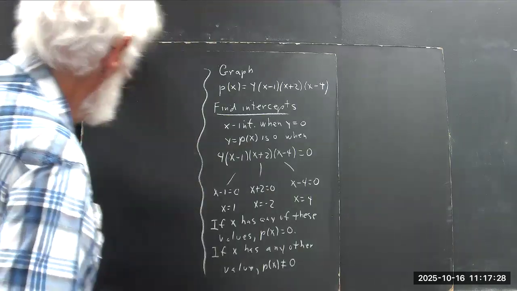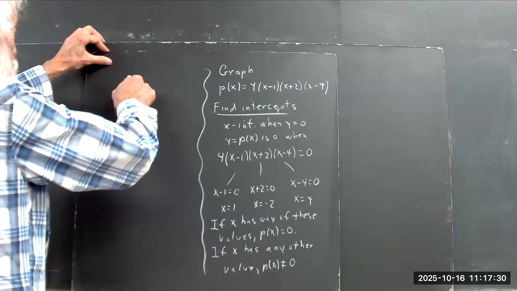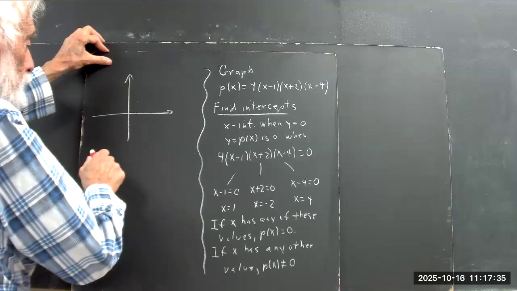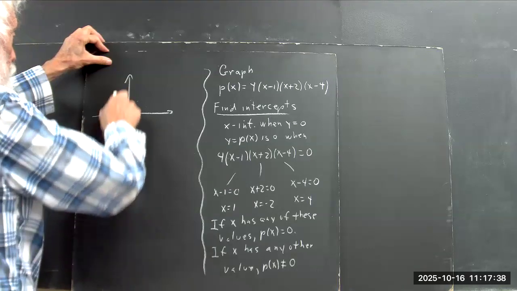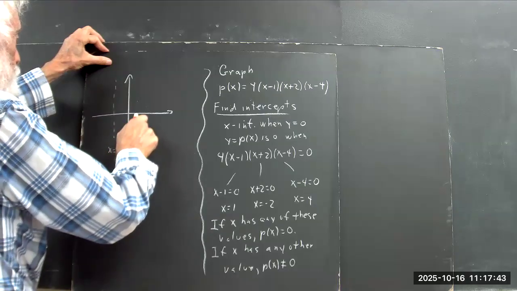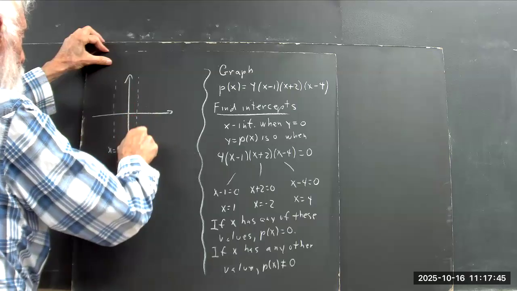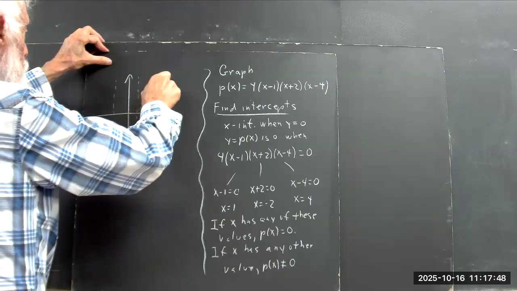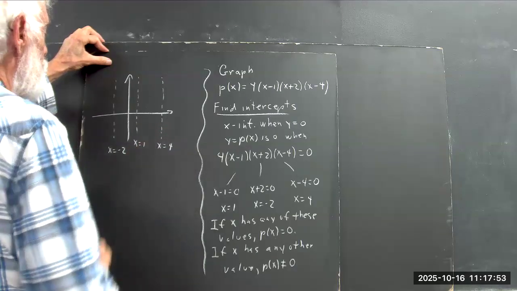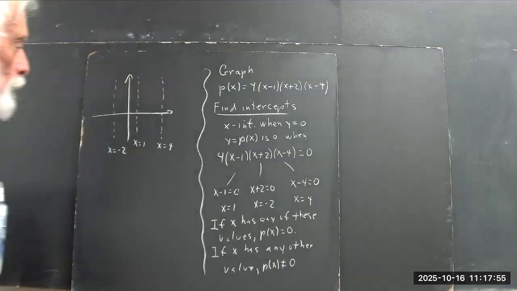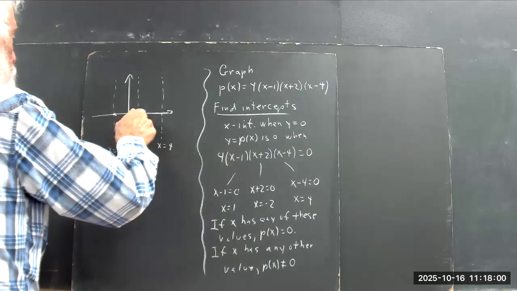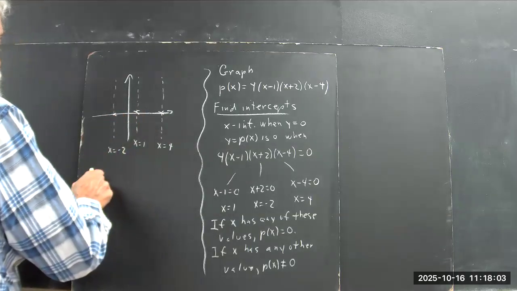Okay, so anyhow, there's what we know about the graph. So one thing we know about the graph is it goes through the x-axis at x equals -2, x equals 1, and x equals 4. Okay, well, y-intercept. Now, first of all, let's go ahead and mark these points. Okay, the y-intercept